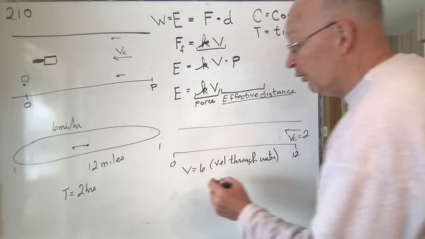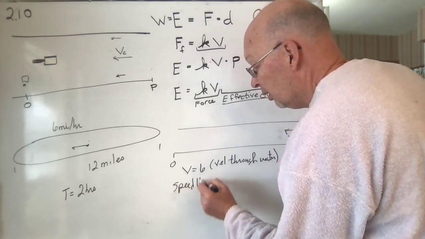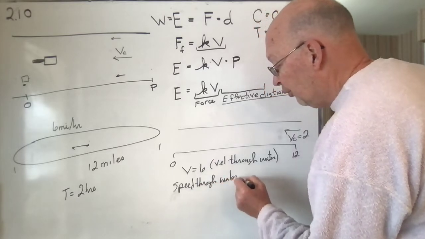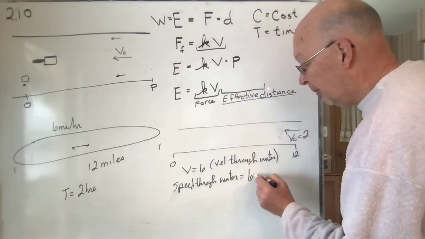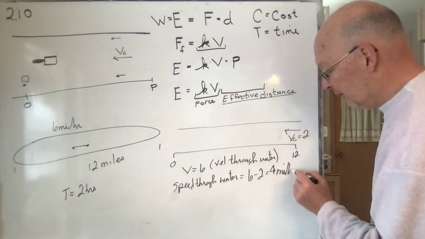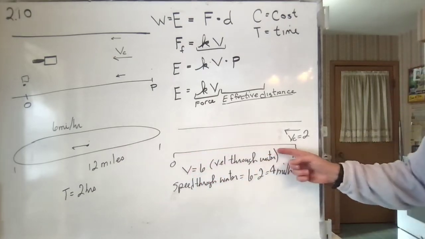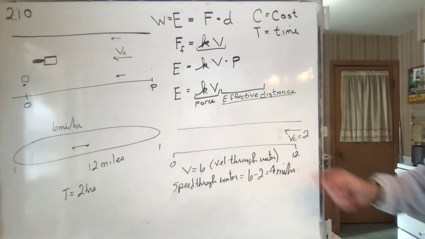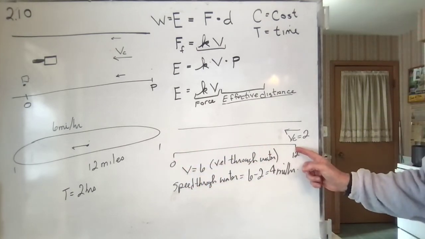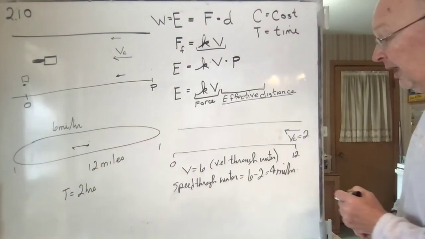So do you agree that your speed along the shore is now going to be 6 minus 2, which is 4 miles an hour. Agreed? You're now along the beach, you're only along the shore, you're only going at a rate of 4 miles an hour. So if you go a full 12 miles along this shore, just the way you did 12 miles along this shore, you're going at